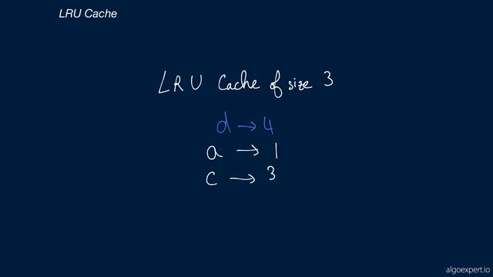And then if we wanted to insert another key value pair with the key A, so if we wanted to insert A mapping to, let's say, 5, we would see that A is already in the cache. A already points to 1 in the cache. So even though our cache is at maximum capacity, all that we would do is erase our current A1 and replace it with A5,